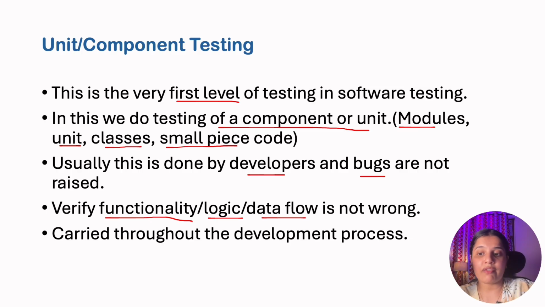So here, I will again explain it. We are just testing a small piece of code, and that testing is done by a developer whenever he is writing the code. The next point is that it is carried throughout the development process. Because we are developing the system, this unit testing will be done whenever a functionality is written by a developer. Whenever a functionality is developed by a developer, he will also write his unit test cases. So this is a very basic and first level of testing, right?